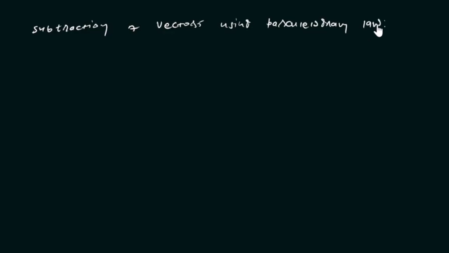If we want to subtract two vectors using the parallelogram law, the resultant will be R equals the square root of A square plus B square minus 2AB cos theta,